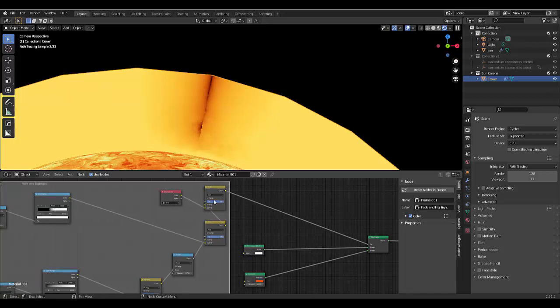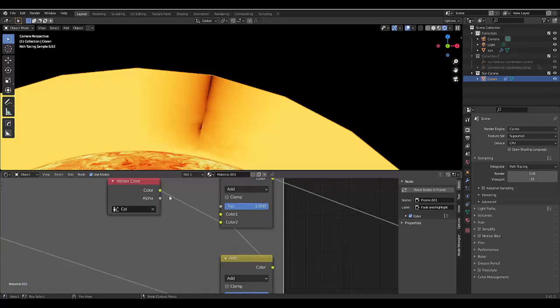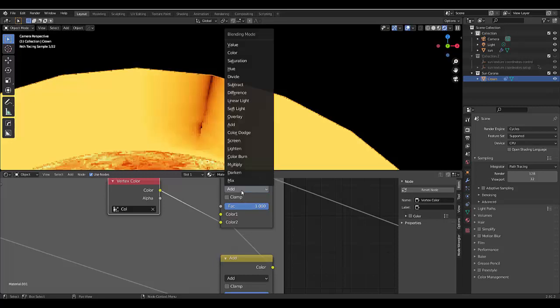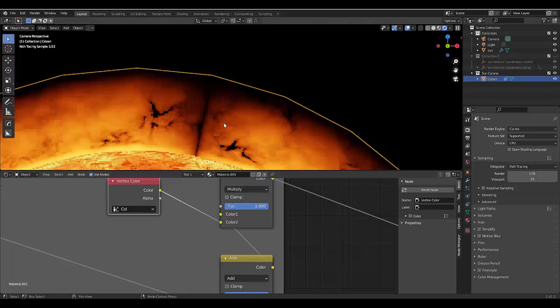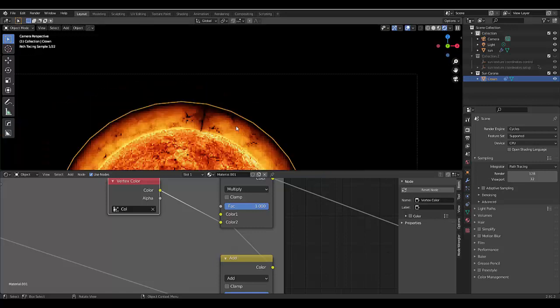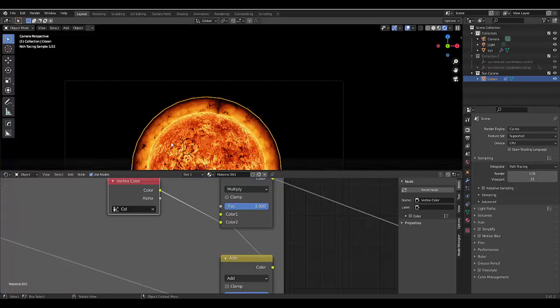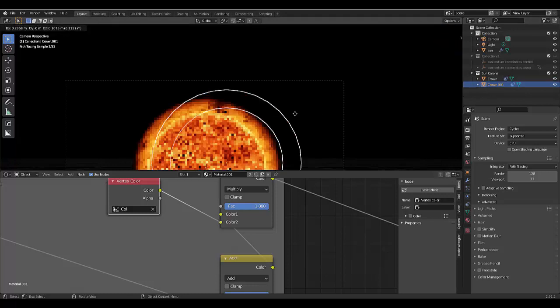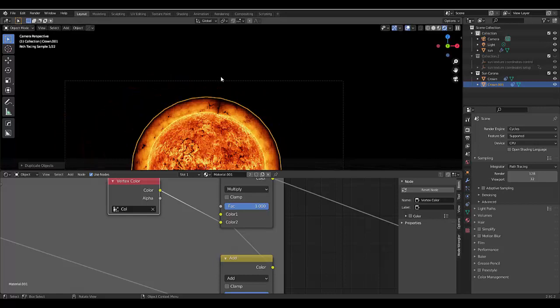Let's go down here. See what happens if we replace it with the factor. Doesn't look right to me. Let's connect the color back into color 2 and change this to multiply. And that looks pretty good. Next thing we want to do is, with the crown selected, press Shift D, right click so it locks back into original place, Tab, go into edit mode,